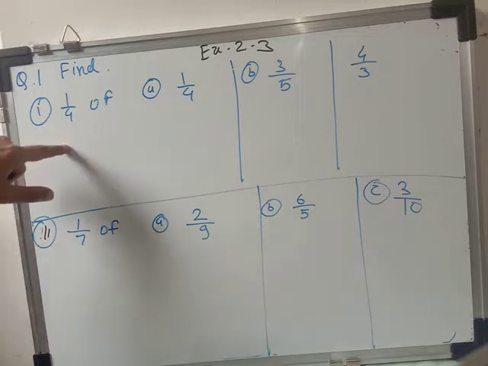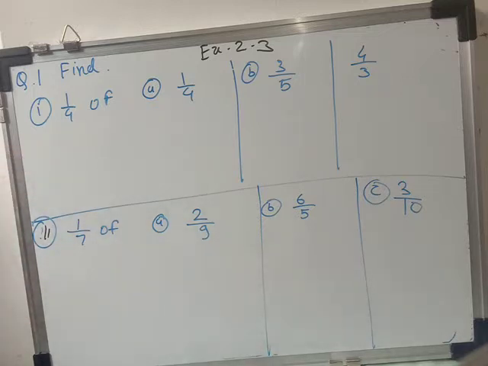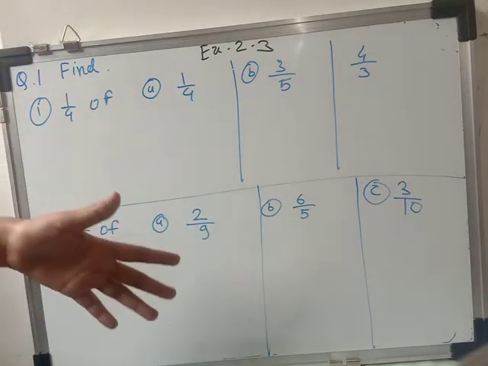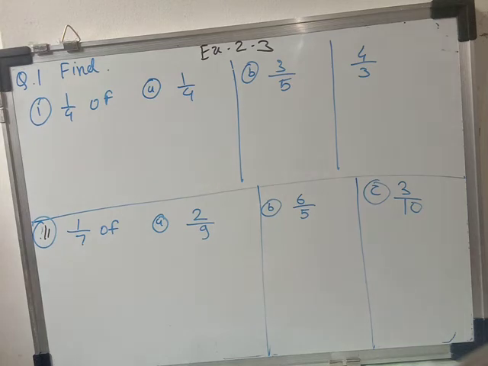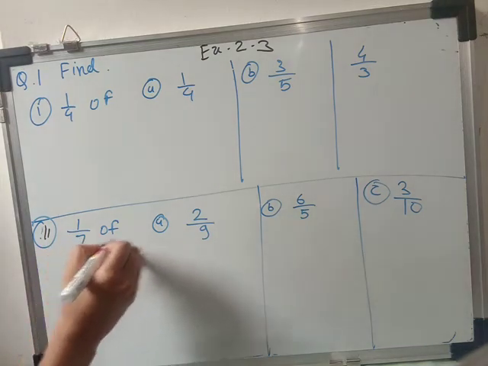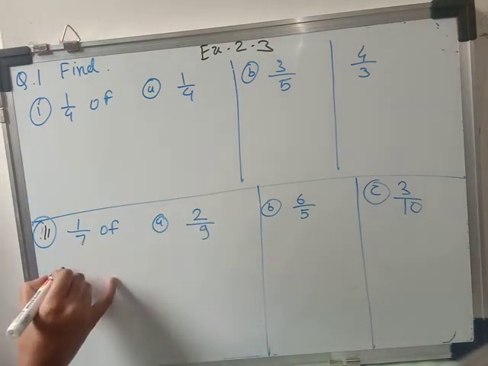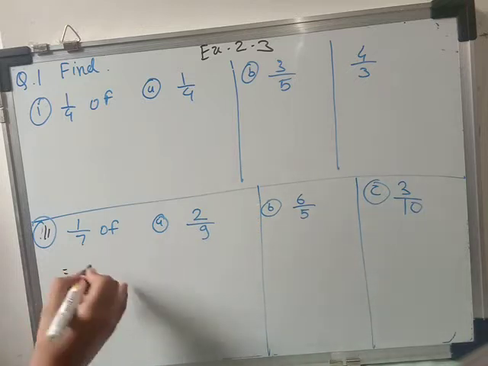I am going to solve, the first example you have to solve, because some students may say, oh teacher solved only the simple one, the second one has slightly bigger numbers, so that's why I am going to solve the second one. Okay, and from that you have to see how I am solving, the same way you have to solve the first one. Okay, 1 upon 7 of 2 by 9, the word of is there, means we have to do the multiplication.